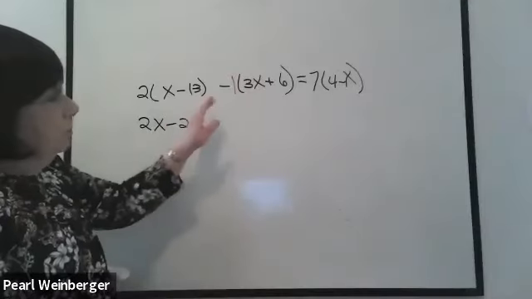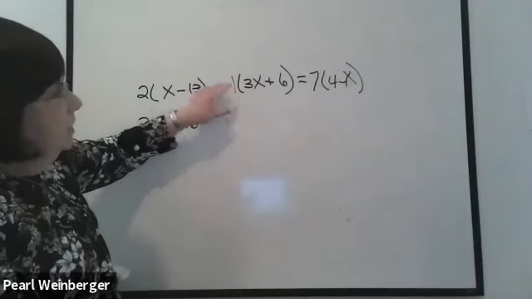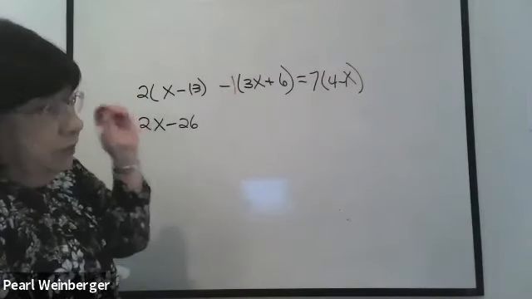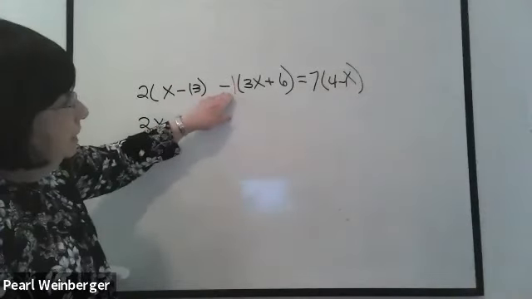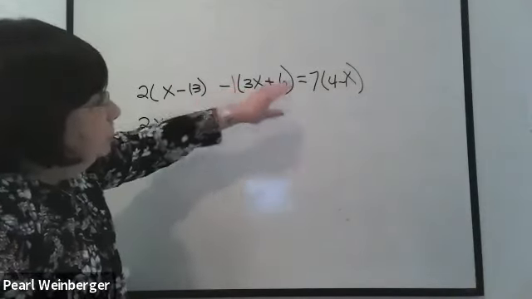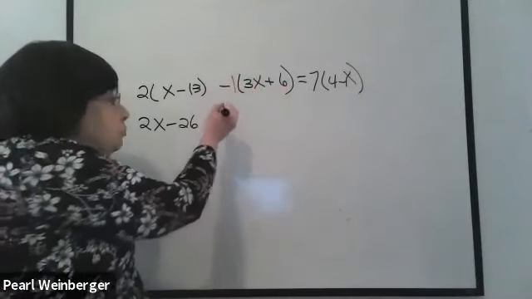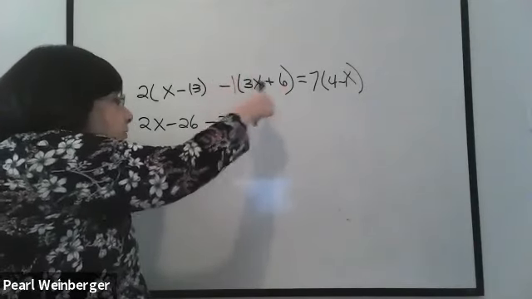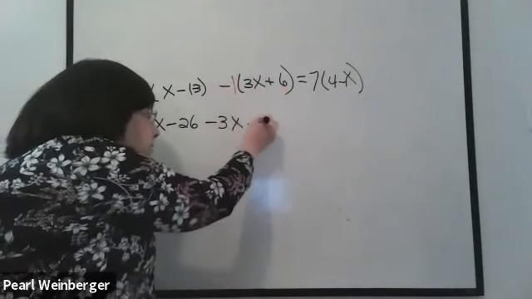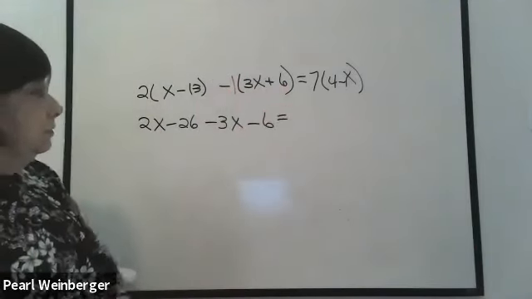Okay, we're now up to that next parentheses, which had just a negative. Now, remember that negative stands for a -1. I'm going to distribute -1 to each term in this parentheses. So -1 times 3x is going to give me -3x. And -1 times 6 is going to give me -6. Be very careful with those signs.